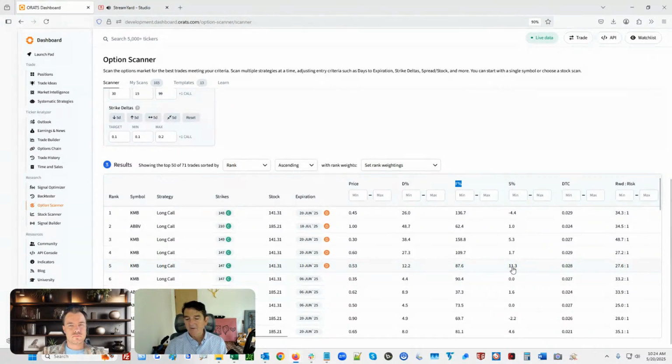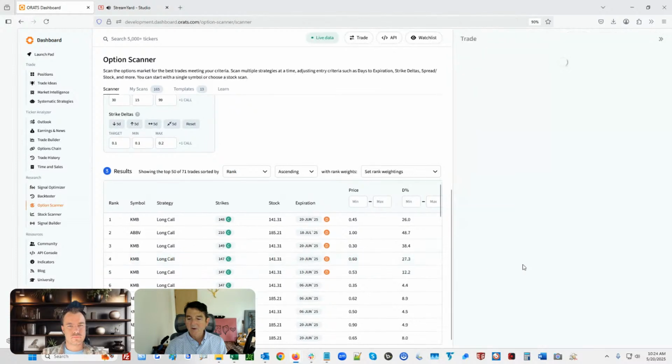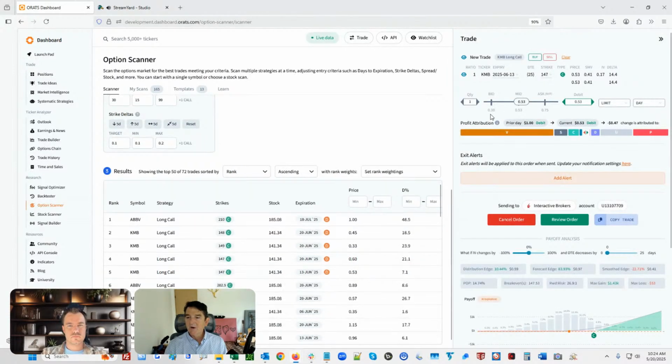So clearly we want to filter this one out, but let's just look at that real quick. This is KMB. The market's 30 at 75. So the market maker is just going, I don't care about selling these. The theoretical value of this is 41 cents. So we probably wouldn't get filled at mid. On these, you have to watch out because the market makers have an SMV value themselves, and it's often pretty close to what ORATS has. So you don't want to give up 20 cents on a little call like this. This is something that you definitely want to filter out from your system.